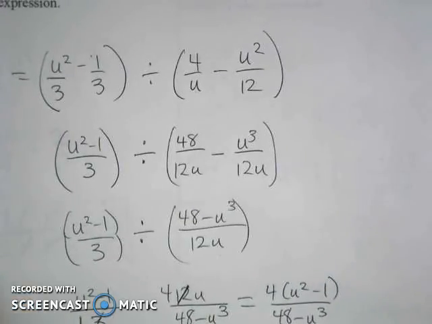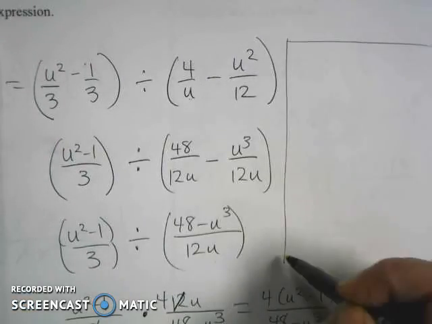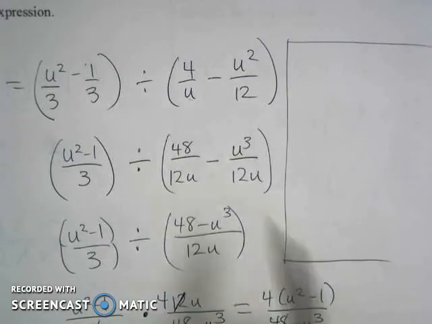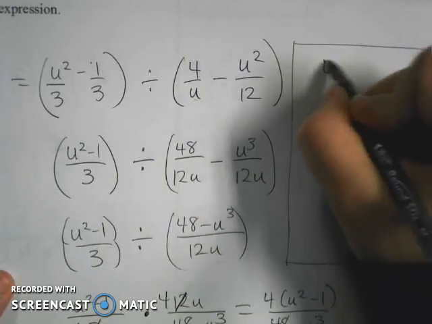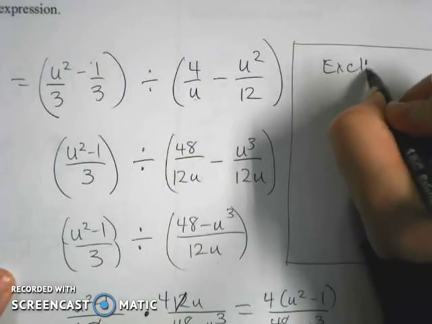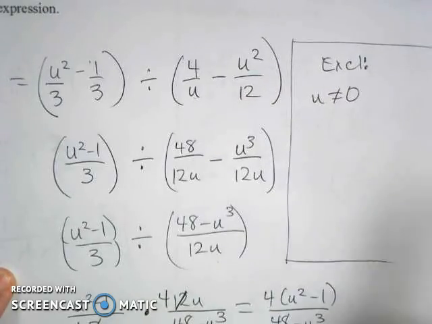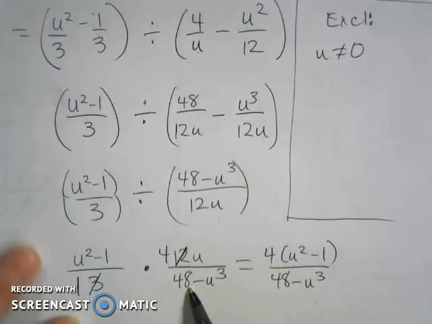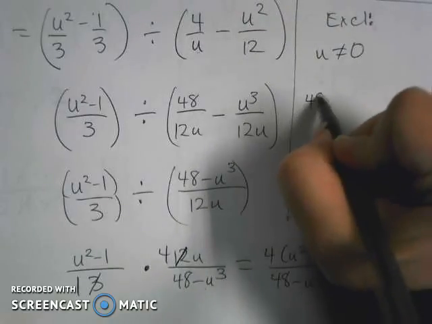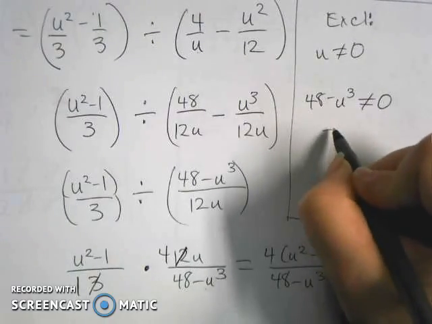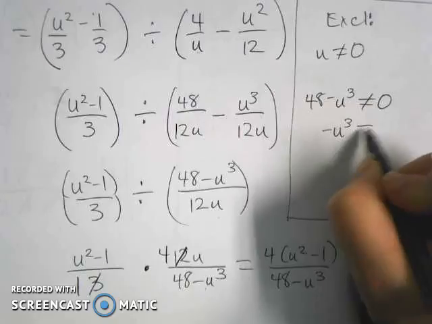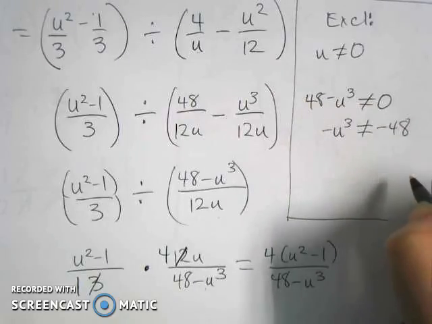I'm going to go back up here, and I'm going to check for variables in the denominator. I can see that in my first division statement I have u in the denominator, so for my excluded values, I know u cannot equal 0. And when I get to this statement down here, after I have rewritten it as multiplication of the reciprocal, I would have to state that 48 minus u cubed cannot equal 0, and then solve accordingly. So if I subtract 48 from both sides, I get a negative u cubed cannot equal negative 48, and I'm going to